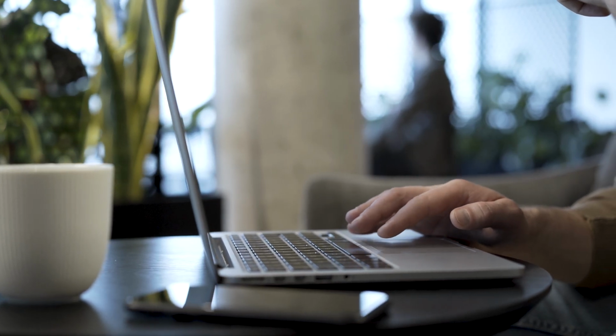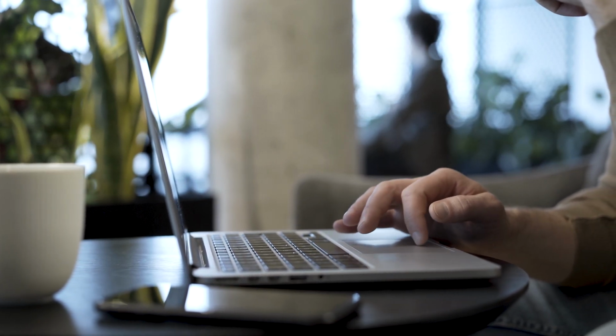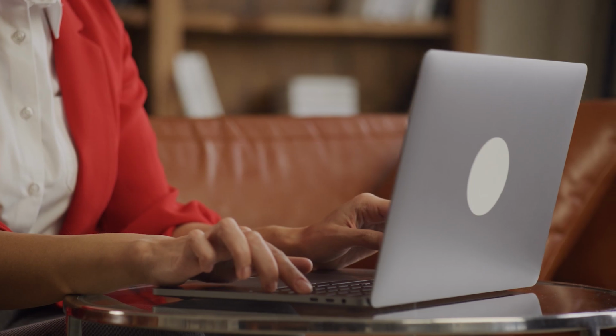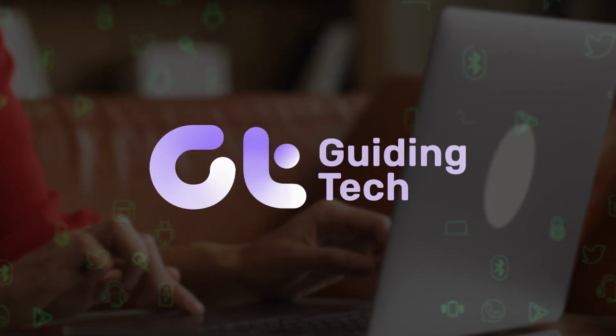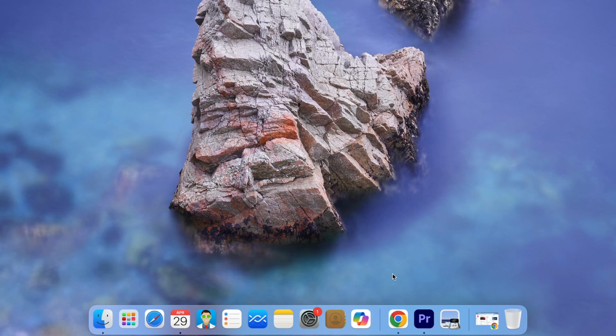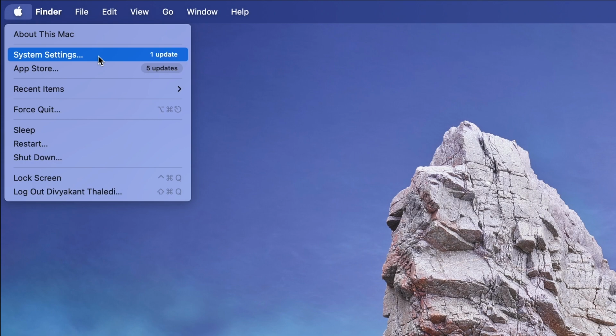Did you know you can assign the four corners of your Mac desktop to run functions? In this video, we're going to explore just that. Let's begin. To access hot corners, head to System Settings by tapping the Apple logo in the top left corner,